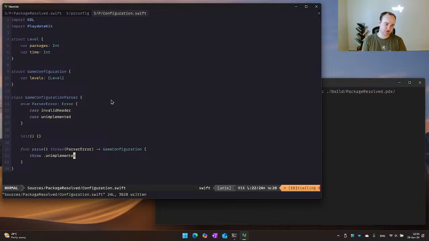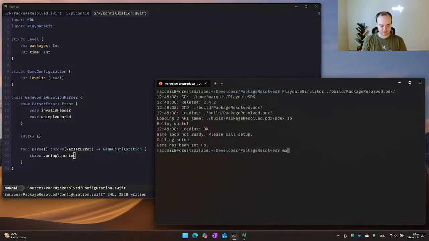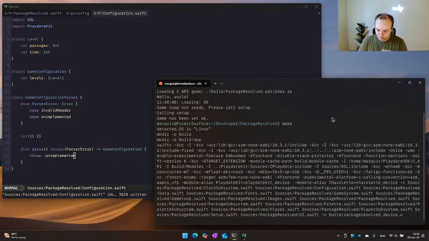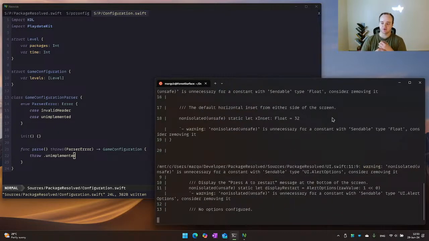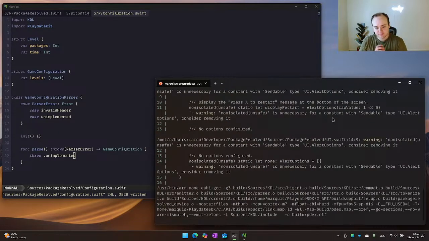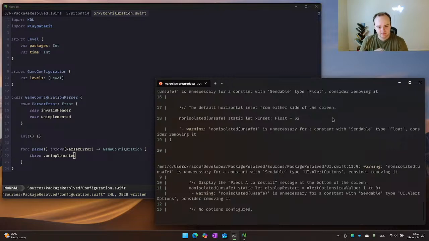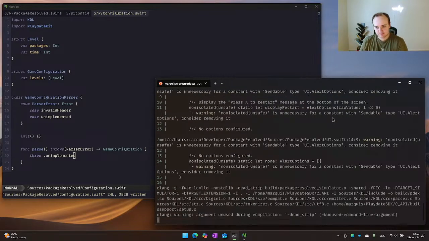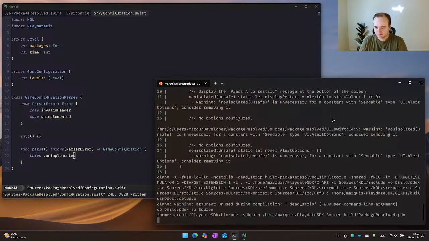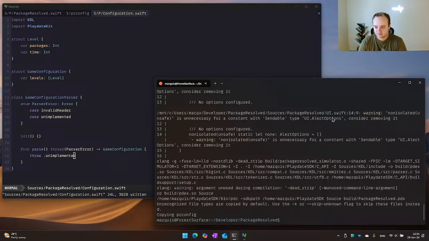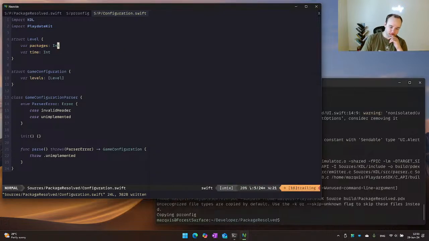Cool. All right. I'm just going to run make real quick just to verify that this will build. I mean, it should. Cool. So this is where we're going to have to start reading the documentation for things.